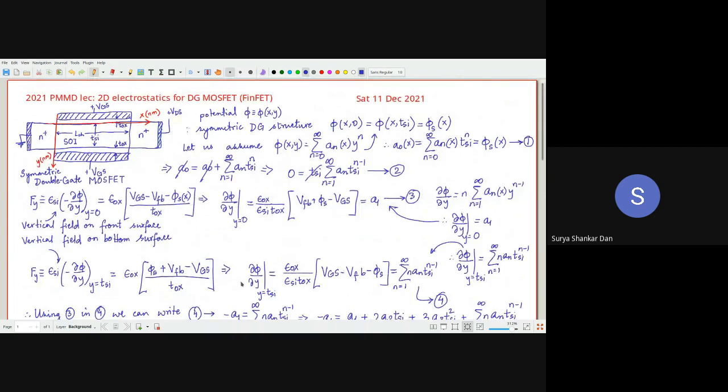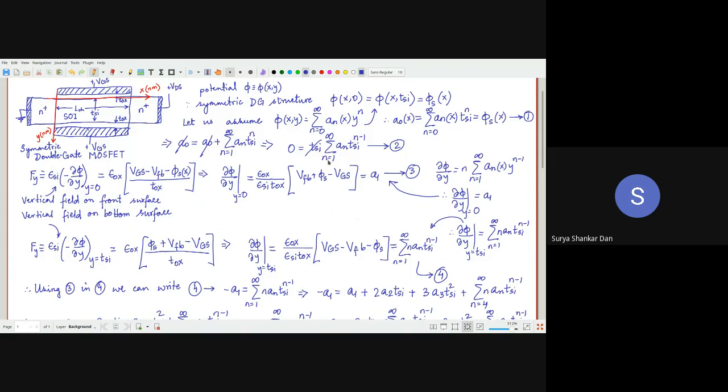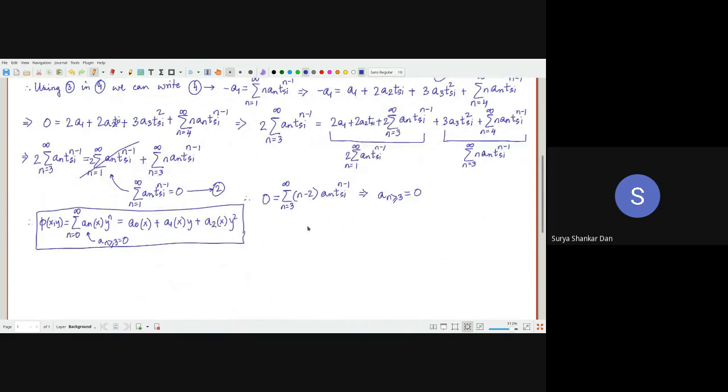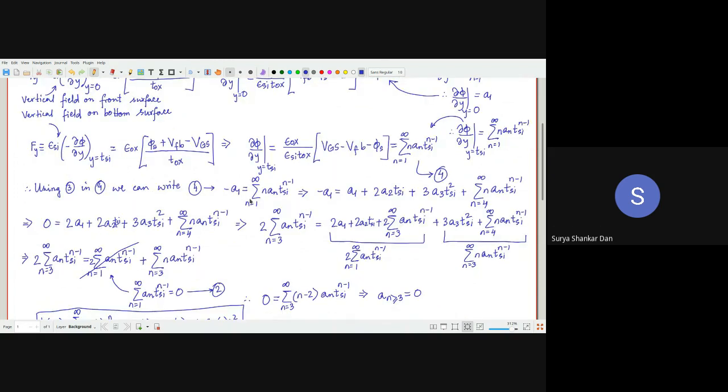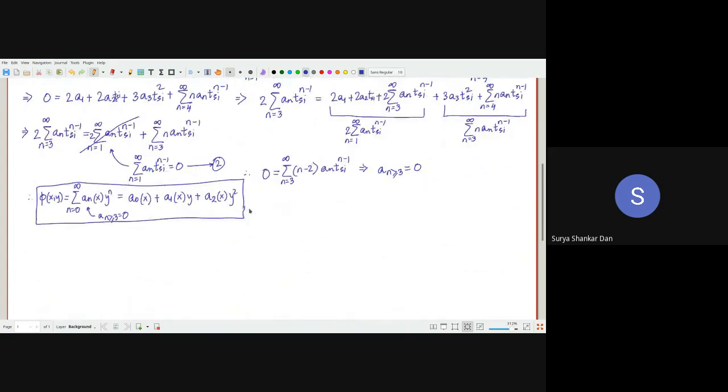And in this beginning modeling part of the FinFETs, I'm doing it for all the students of PMMD so that you have the basic idea how it goes. For those who are joining with me in our research group, this modeling part, I will explain further details with them, but you don't have to bother about the modeling in your SAT, but I will guide you along. So we have understood that in case of a FinFET or DG, we are going to have a parabolic potential profile along the vertical direction.